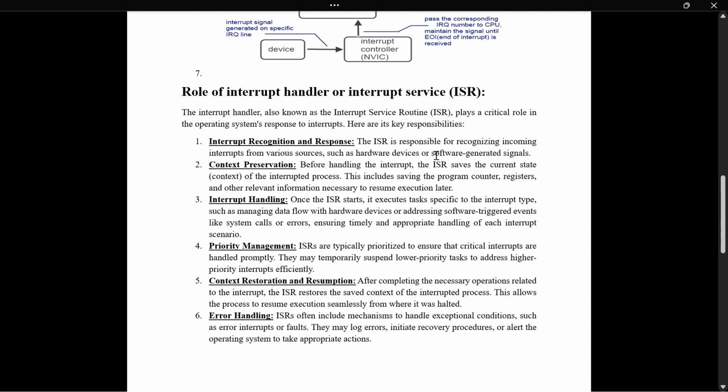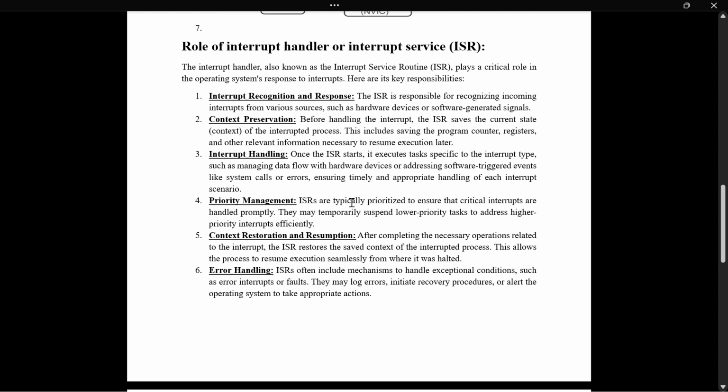Context preservation: before handling the interrupt, the ISR saves the current state, or else the context, of the ongoing process. This includes saving the program counter, registers, and other relevant information which are necessary to resume after the execution. Interrupt handling: once the ISR starts, it executes tasks specific to the interrupt type, such as data management flow with the hardware device, or else addressing software triggered events like system calls or errors, ensuring the timely and appropriate handling